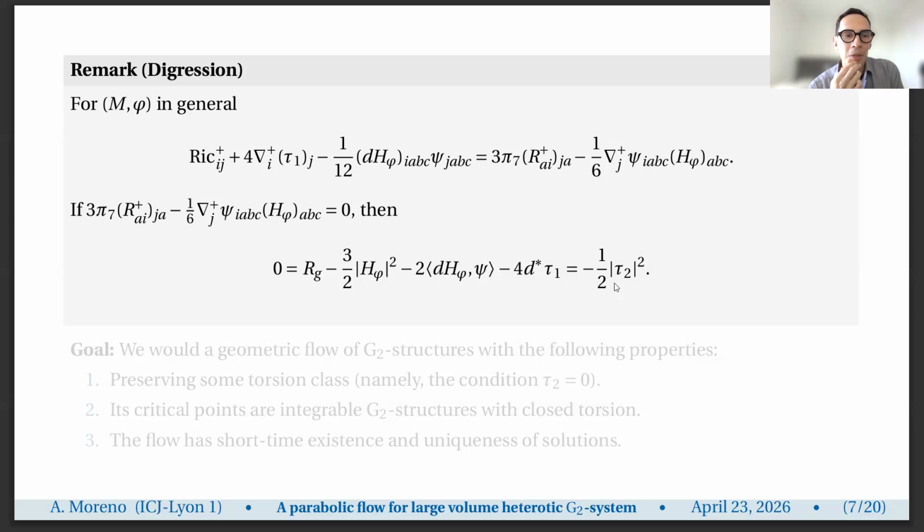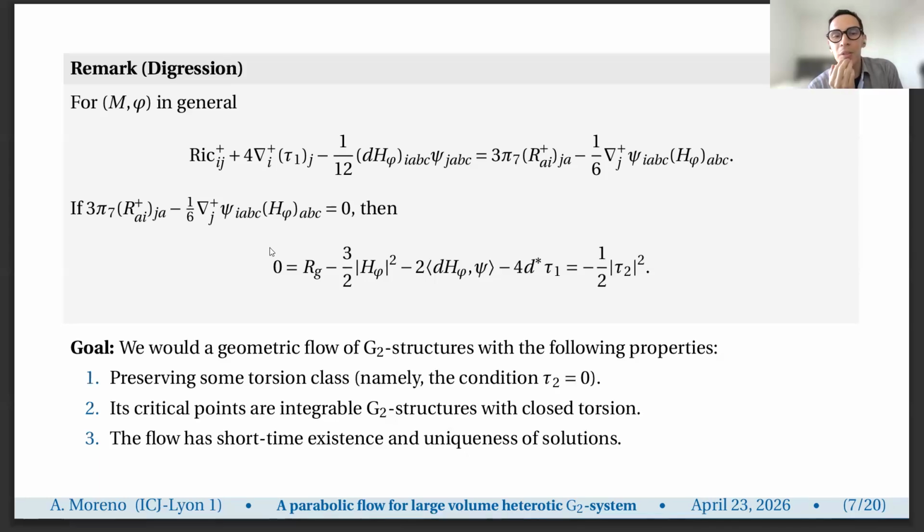So maybe studying this operator, pi 7 of R+ plus this other lower-order term, could be another way to study integrable G2 structures, and to see moreover if there are some other conditions to have closed torsion. Okay, but finishing this digression,